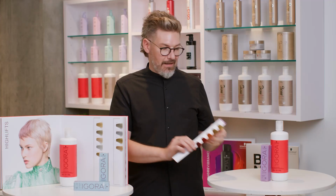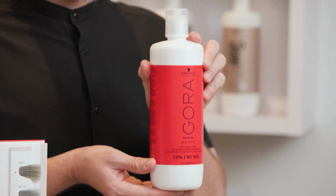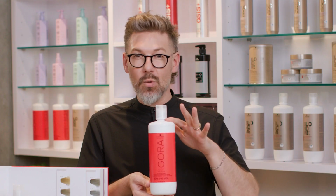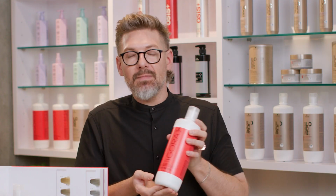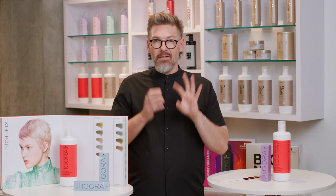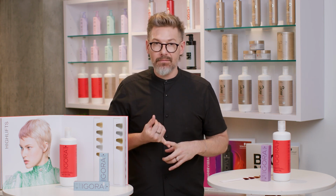Now the nice thing is you are going to mix the IGORA Royal Fashion Lights typically with our IGORA Royal Oil Developer 12%, 40 volume. And it's super easy. You mix them 1-to-1, equal parts color and developer. A few tips: keep the IGORA Royal Fashion Lights off the scalp. They do have the ability to give you a lot of lift, and here's the fun fact about the